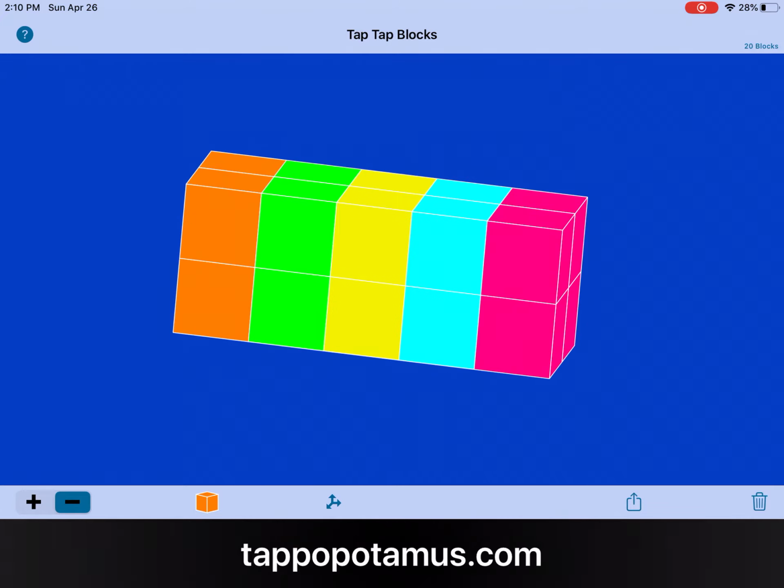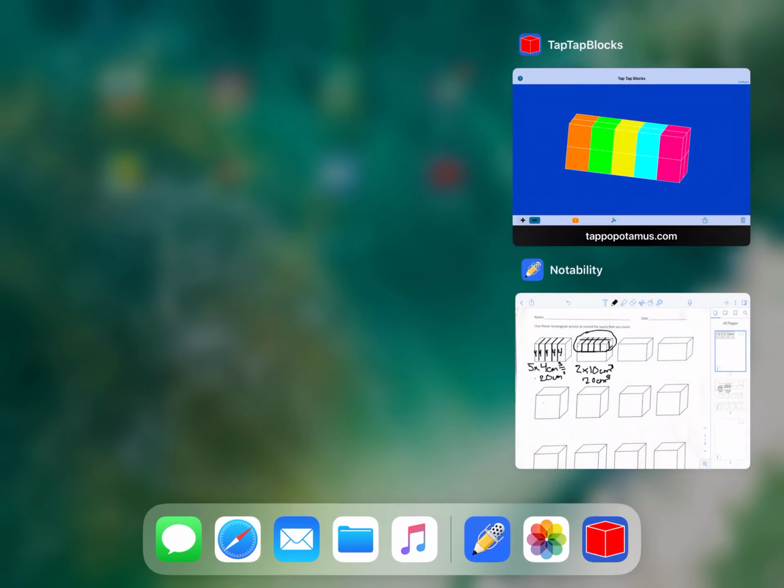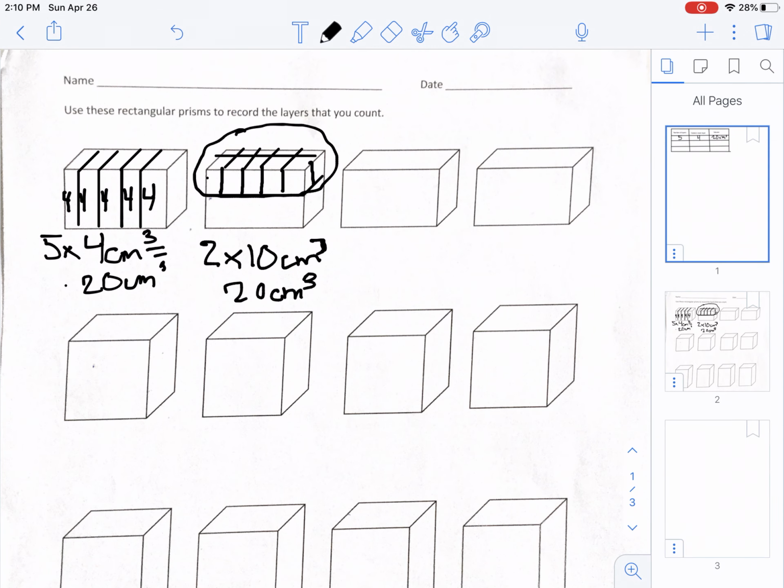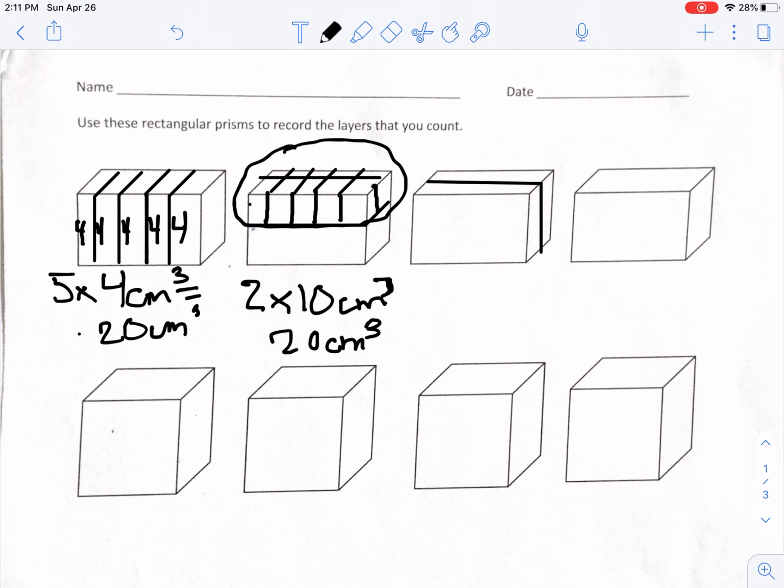But at the very top, I'm going to cut it that way. We're going to draw that here. So that would look like this. There we go. And then down the side. If we cut it like this,